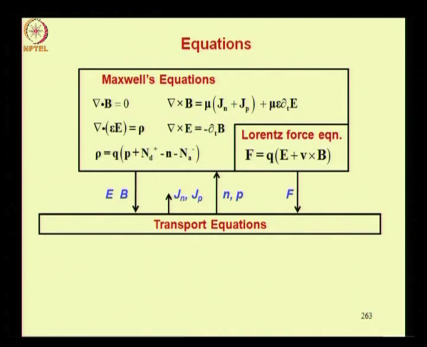So let us enter into the electromagnetic field equations. So we gave the 4 Maxwell's equations. This is the equation for space charge used in the Gauss law, and this is the Lorentz force equation. Now the Jn and Jp, this arrow should actually be shown right up to this point, because the Jn and Jp is required to get the curl of the magnetic field here, right. So this arrow should really be shown up to this point.